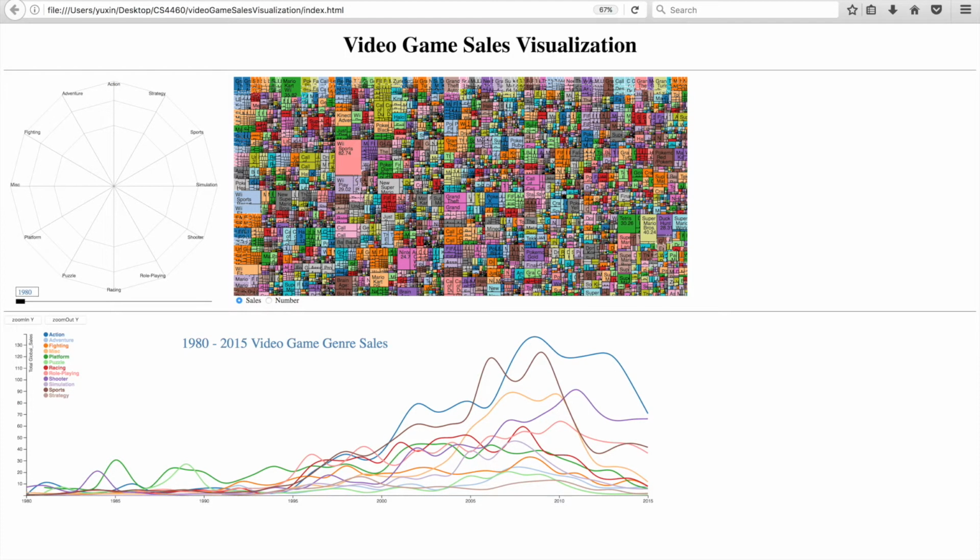We decided that the final design to be composed of three major components: a line graph, a radar chart, and a tree map. The line graph shows the general trend of global sales of each genre. It has a single interactive feature: zoom in